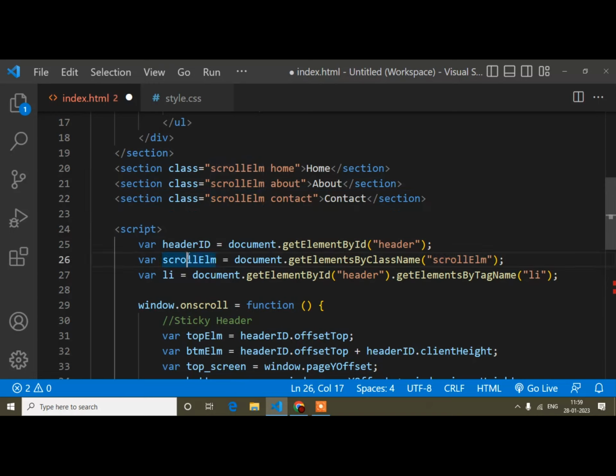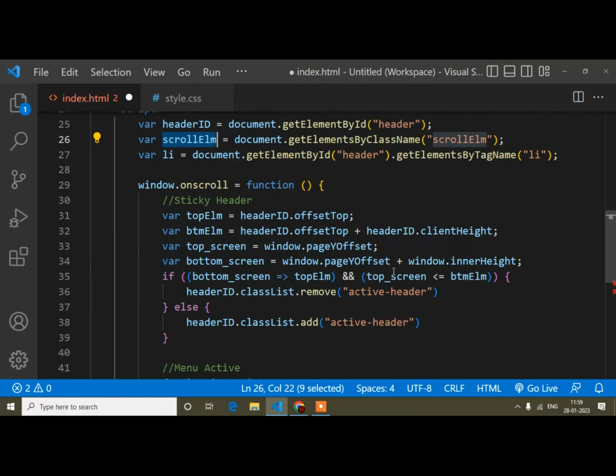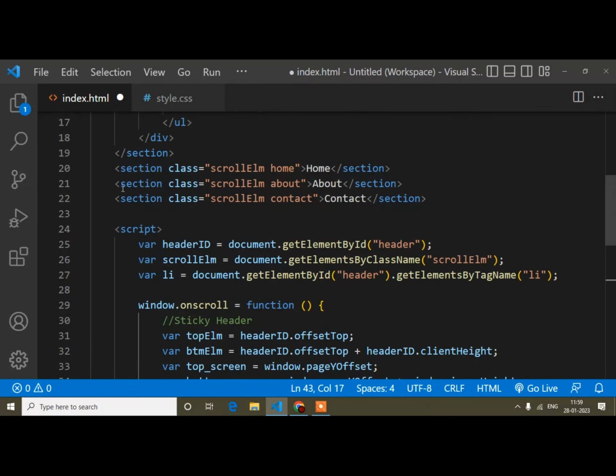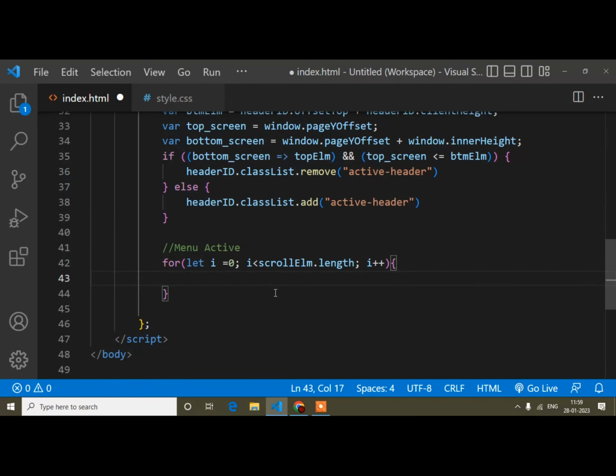So here this reference means this variable. Here I will write this.length, which means it will go up to this one, okay? And now I will write i plus plus. If I don't write plus plus, then I will start from 0 and it will stop there only. It will not go to the next ones. If I write plus plus, then it will increase 1 by 1, which means this loop will increase 1 by 1.